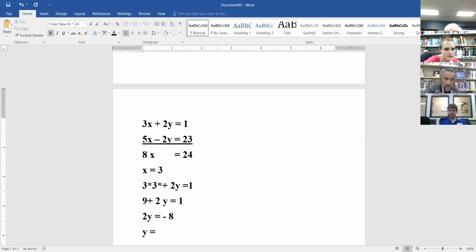is minus 4. And we can check this by putting it back in, right? But y is minus 4. So that is the solution by eliminating by addition. So note that what we have in our equations